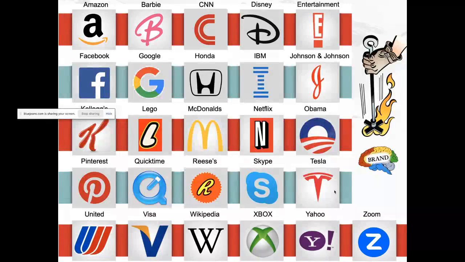One of these is different from all the others. So look at the list, the letters and the different companies and products and brands. What is selling something different than all the others? One of these is not the typical product that we think of being able to buy. The Obama Foundation? Very good. Yeah. Obama, right? So Obama is a person. He was a campaign, part of a political party, became president. Typically, we don't think of that as a brand, right?